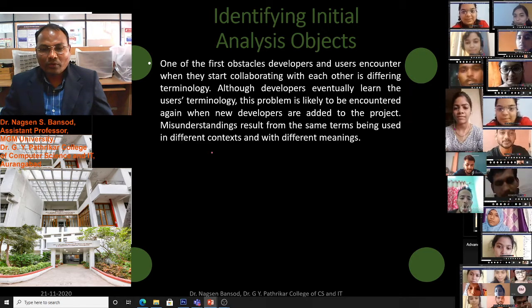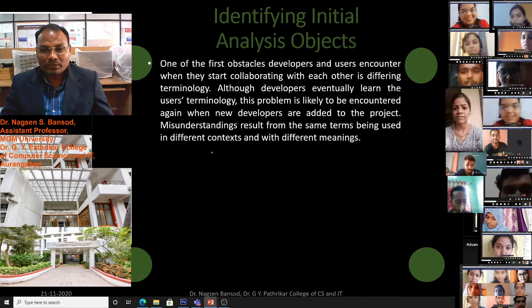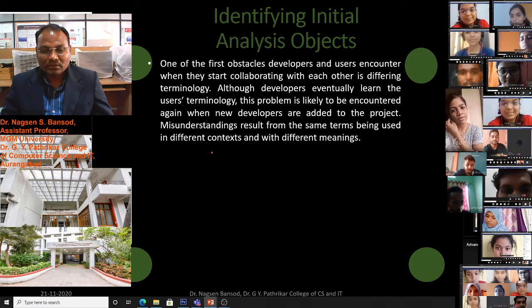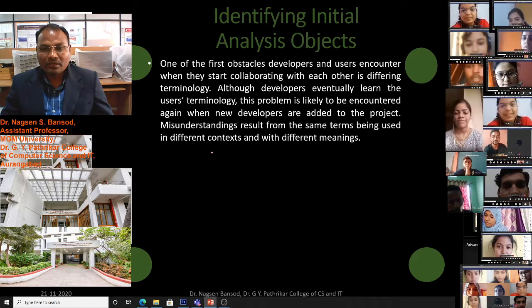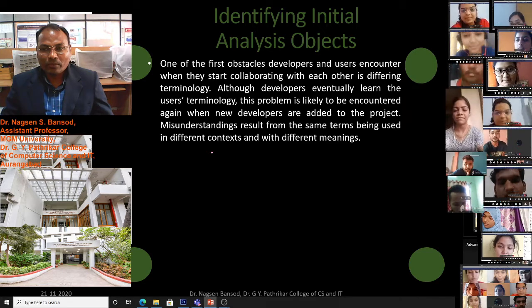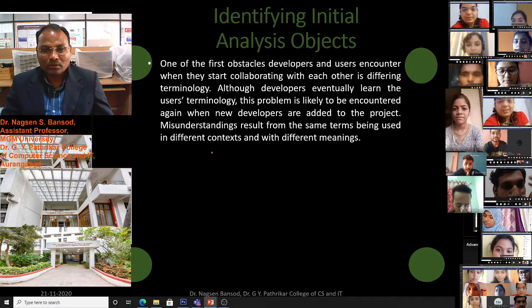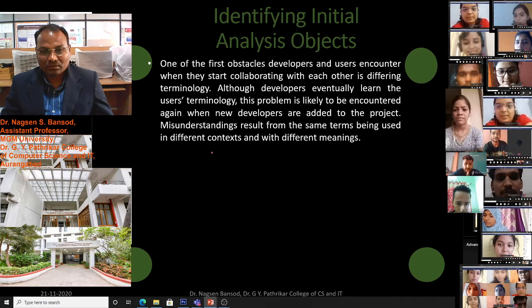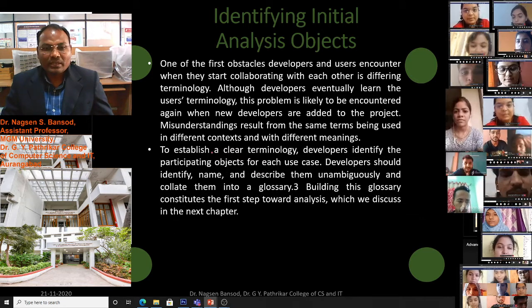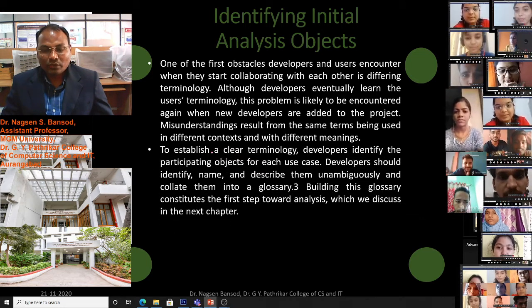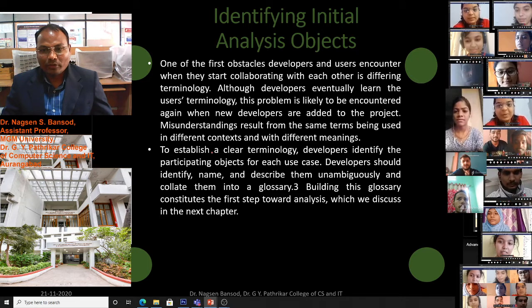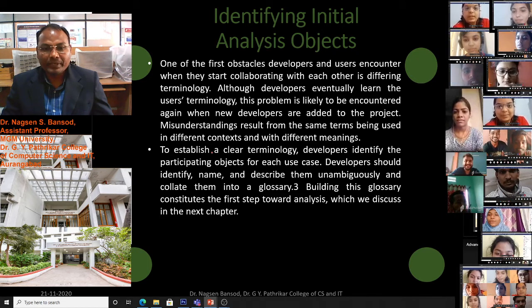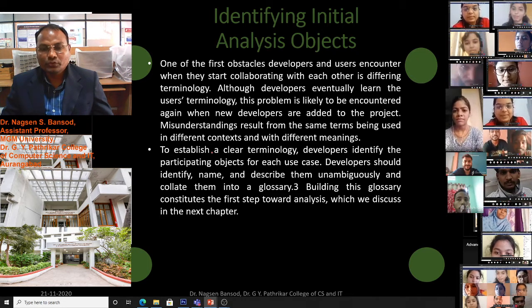If the problem is not understood properly by developers, then it will be difficult. Their project may fail to work. To establish a clear terminology, developers identify the participating objects for each use case.